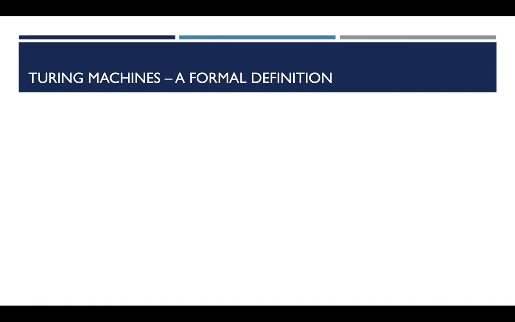So I'm going to start off with the formal definition of what a Turing machine actually is. If you look at the definition in the book, it's going to slightly deviate from what I'm going to show here. I'm going to explain briefly why their definition is slightly different from mine and why it doesn't actually matter. How we're going to define a Turing machine is a 6-tuple of the form,